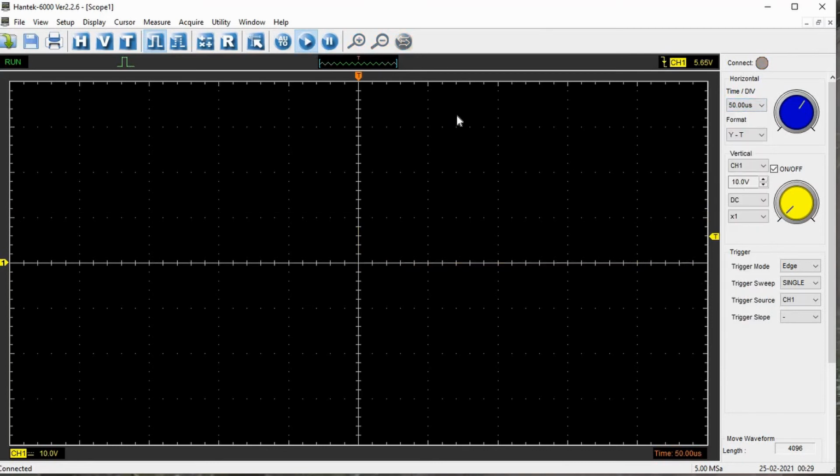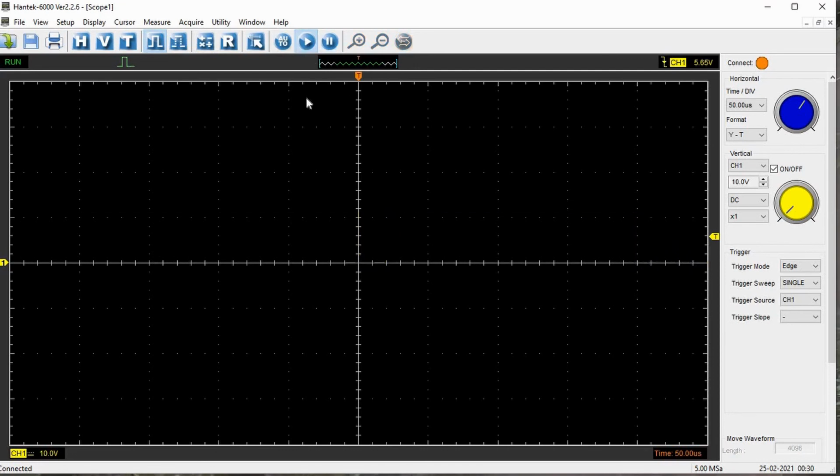Let me put it to 50 microseconds. See the noise. There were multiple transitions that happened. When I clicked the button, it went low, it came up, and again after some time, it went low. So this is the noise which I was talking about. When you press a switch, it is never a clean press from high to low. There is always some small transition that keeps happening.